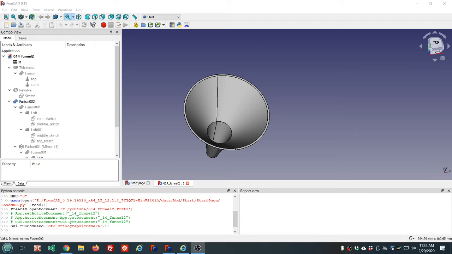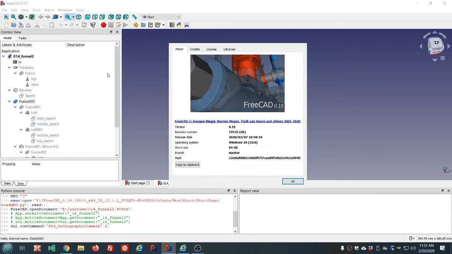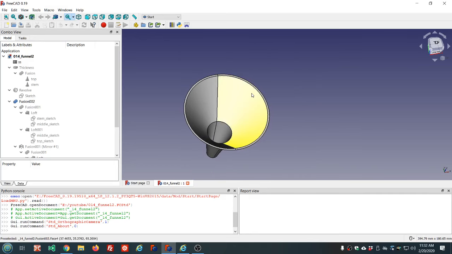This is video number 15 in the FreeCAD series. Today we'll be using FreeCAD version 0.19, revision number 19510. In the last video, video 14,